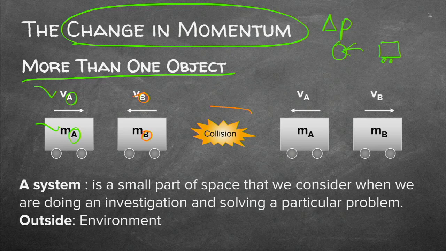Then we get a collision. This could be two cars, it could be two balls going towards each other. But can you see here that this little diagram indicates to me in which direction they are moving? So, when you work with momentum, make sure that you indicate at the top of your question where you're going to answer it, that in my